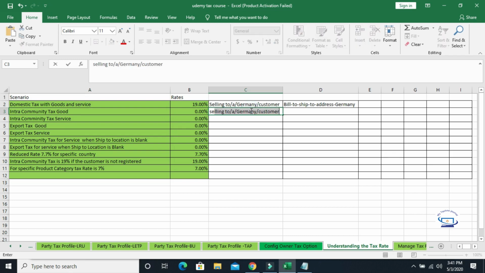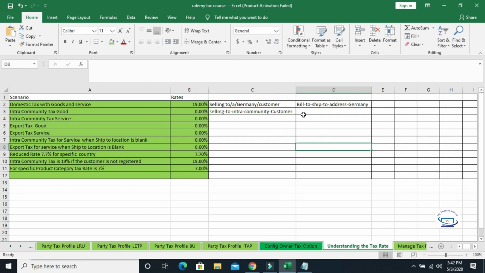Okay. So here, selling to an intra-community customer. Okay. So here the bill to and ship to should not be Germany. Okay. If it is Germany, again it will attract domestic rates.